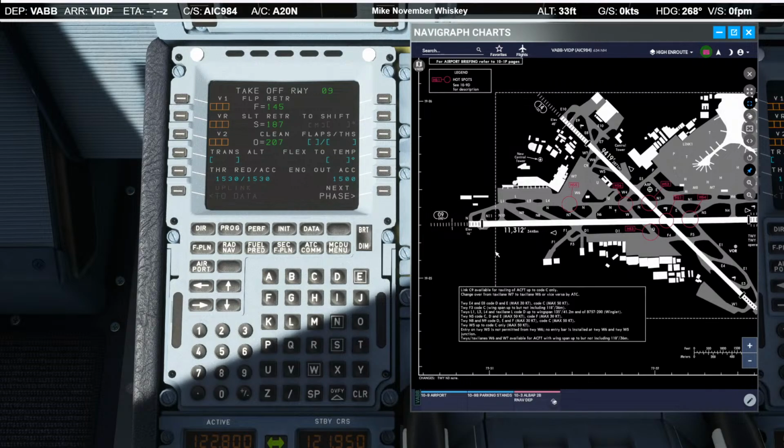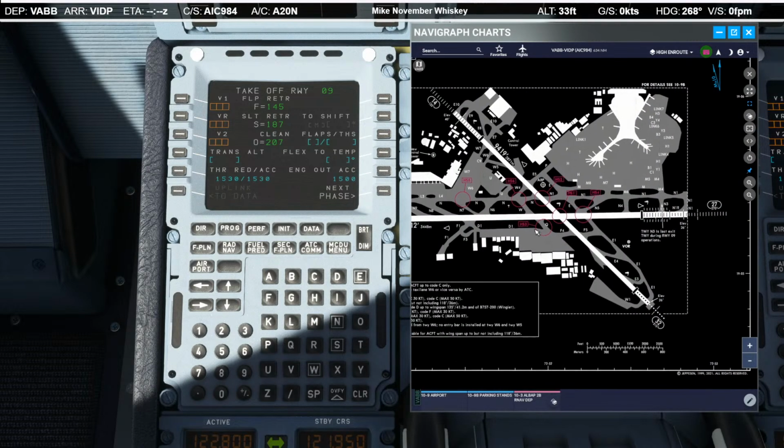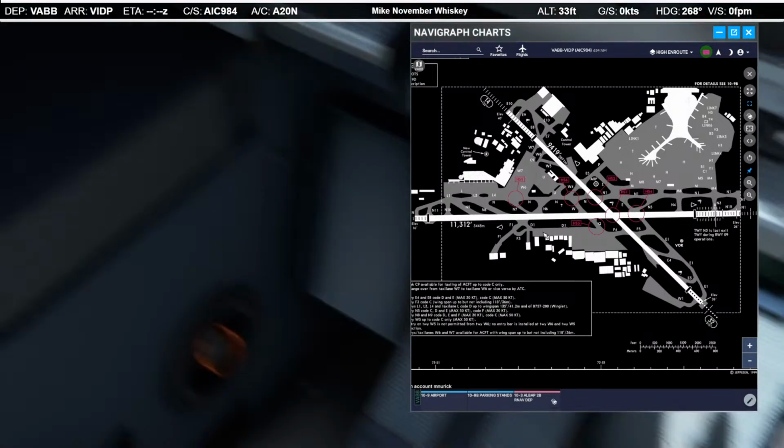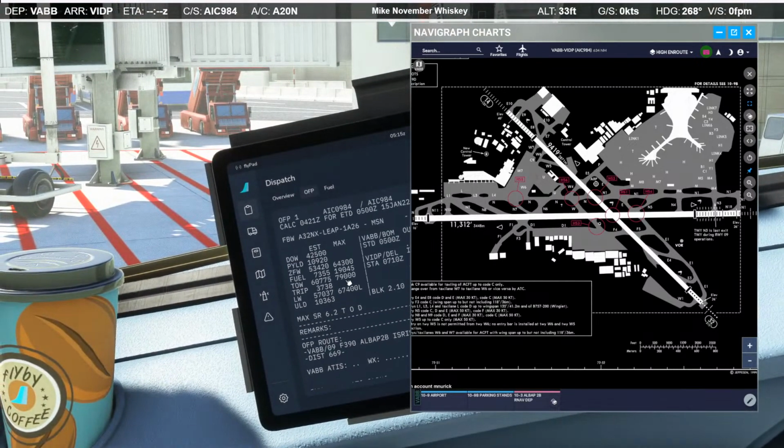So our runway heading is 90 degrees. Elevation is basically sea level, so I'll say 22 feet. The length in meters is 3,448. No slope. And the wind, I believe we said 40 at 7 knots. Outside air temperature is 25 degrees, so quite warm. QNH 1015. Dry conditions takeoff weight is 61 tons.